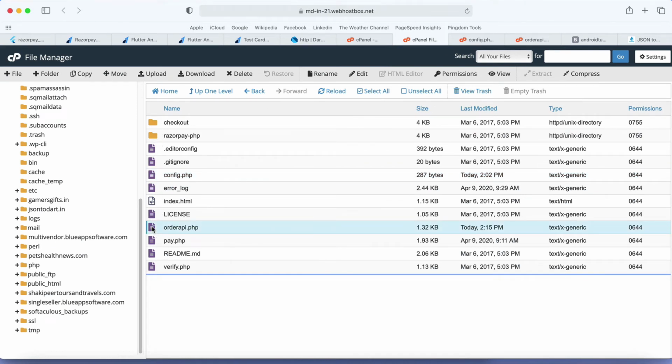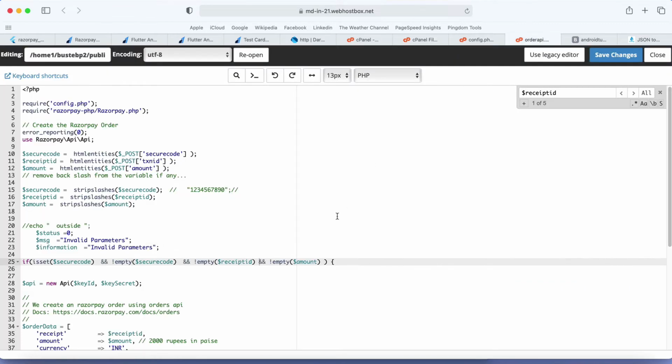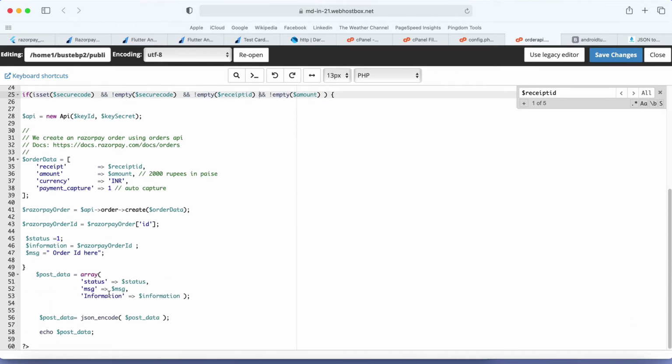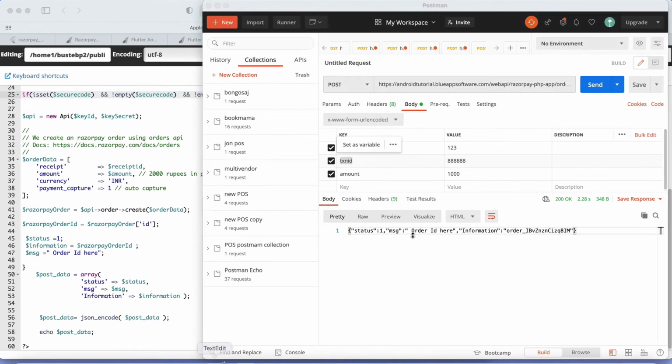There you can see an order_api.php file. This is the one file that I created, so we will call this file from our Flutter. This file will give a response which contains an order ID. Okay, so if you will see, this is a complete URL: